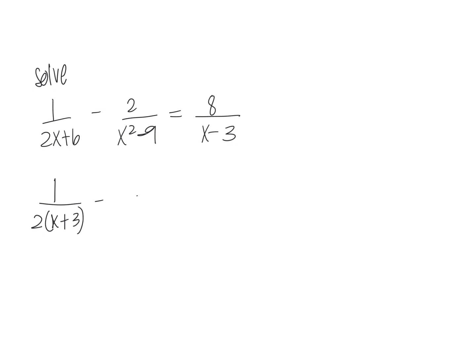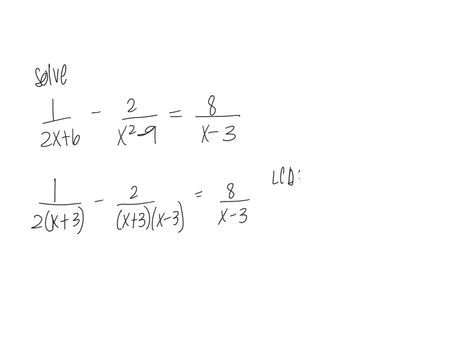And then the x squared minus 9 factors into x plus 3, x minus 3. That's the difference of squares. And on the end, x minus 3, that doesn't factor. But now that the denominators are factored as much as they will, if they factor, I'm ready to build an